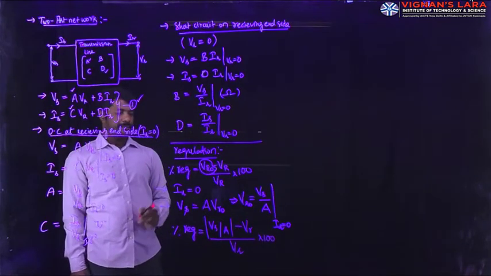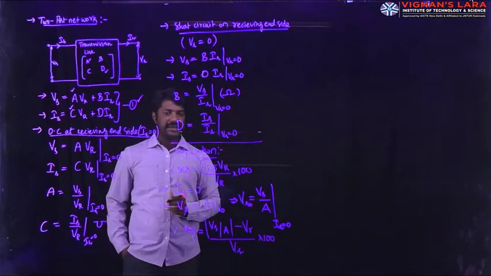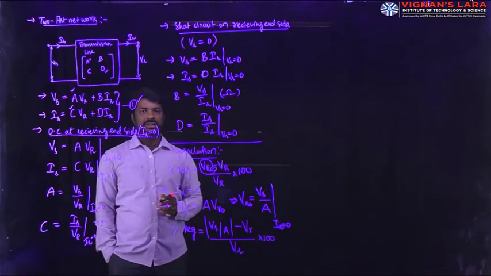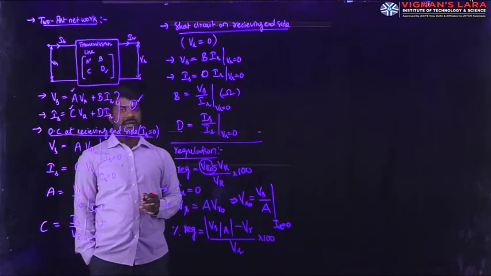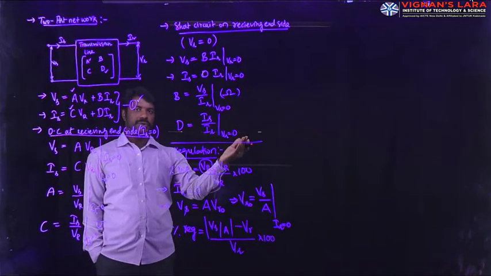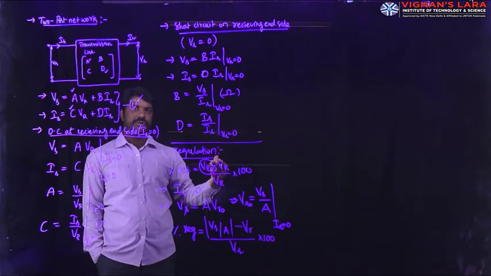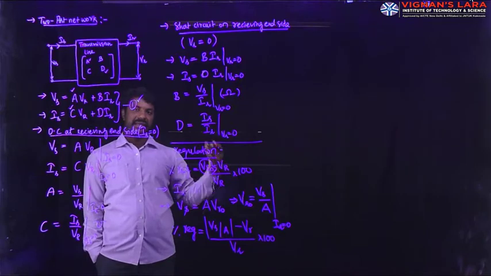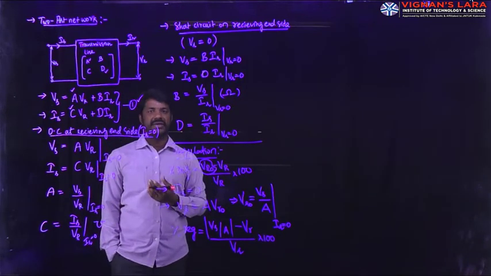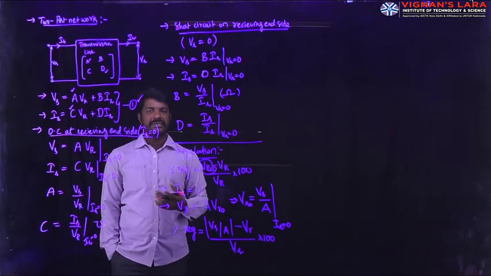Okay. Previously, if you go for the KCL and KVL analytical method, to find VR naught, we have to redraw the circuit. We have to apply the voltage division rule across the series elements. Then at the final stage, we will get the VR naught. But here, it is very simple.